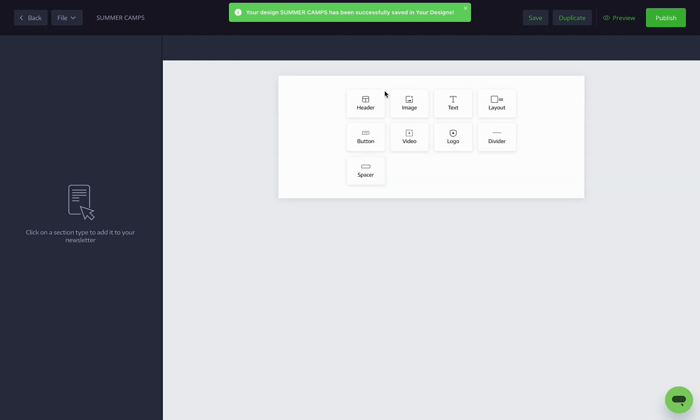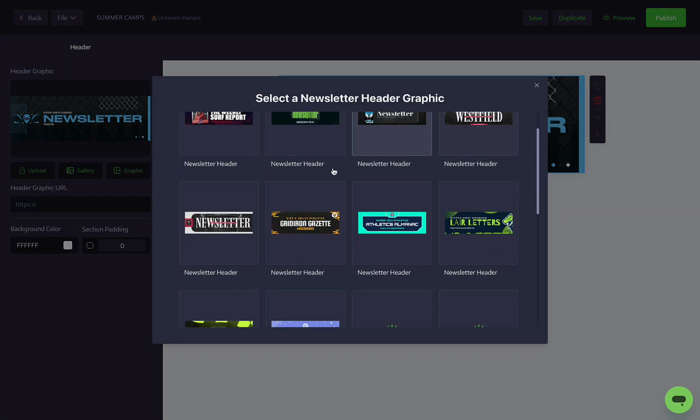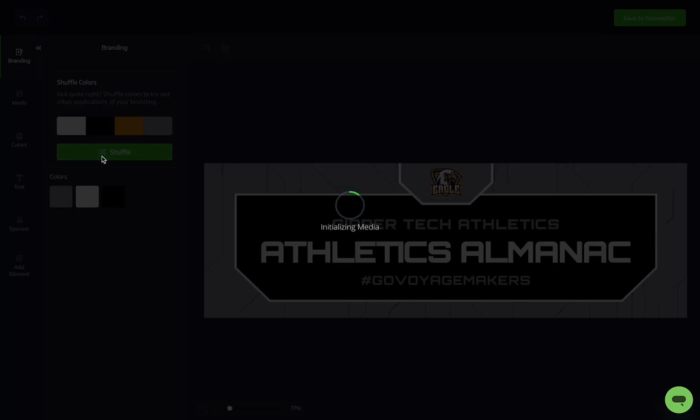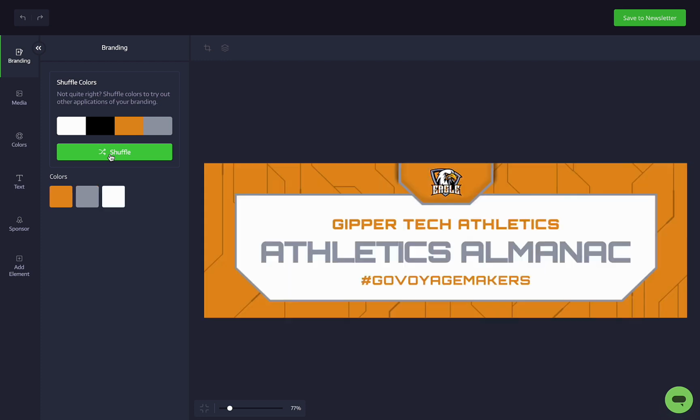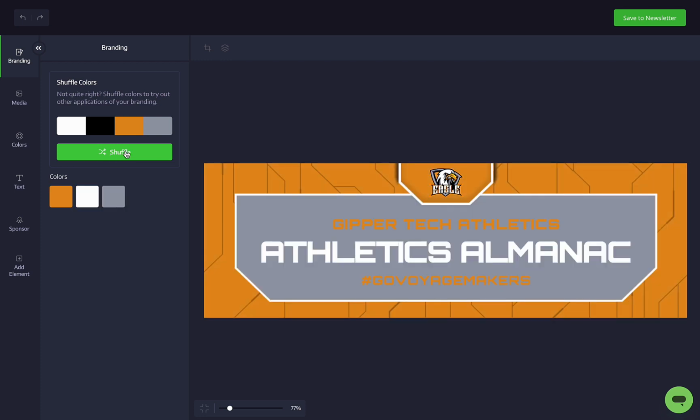Our Create from Scratch option lets you build your newsletter from the ground up, so we'll get right into it by adding the sections we need. Let's always start your newsletter with a header, and even better, use our graphics integration tool to create a graphic for it. Click Add Header, then the Create Graphic option, and you'll see a window pop up